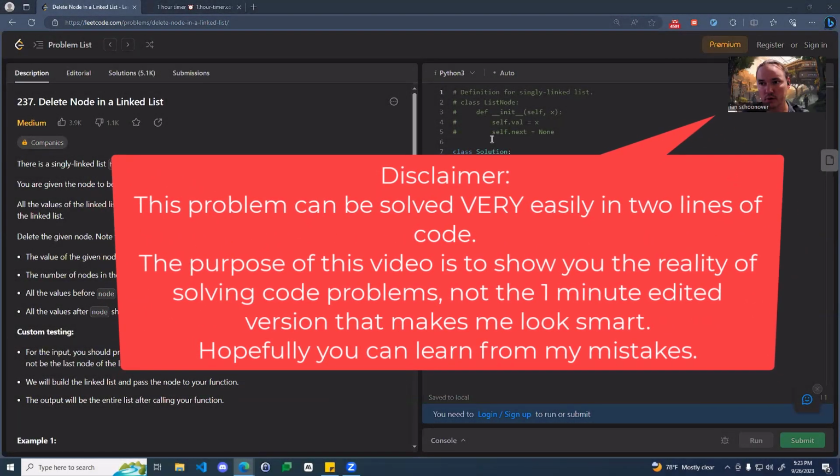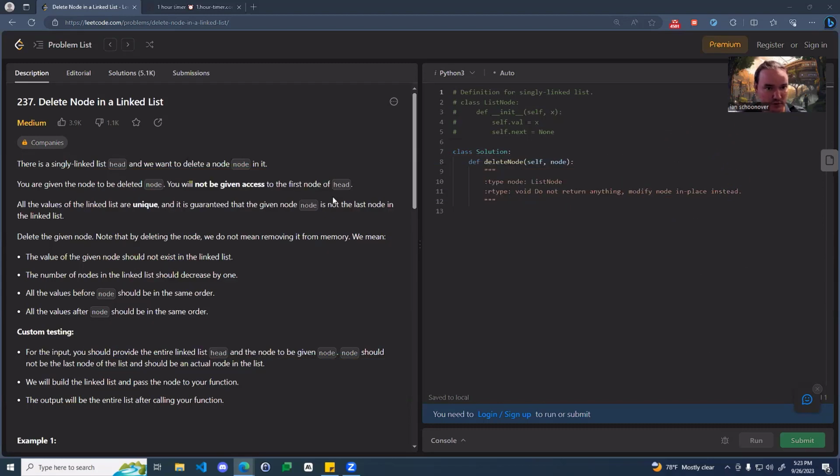Alrighty, welcome back everyone. So we are doing a LeetCode problem, giving ourselves just under an hour to solve it. And this one is called Delete Node in a Linked List. We're going to use Python to try and solve it. This is not one I've done before, so you're going to get to watch me struggle. I'll try and talk through it as much as possible